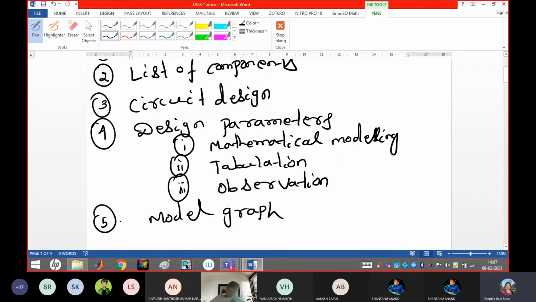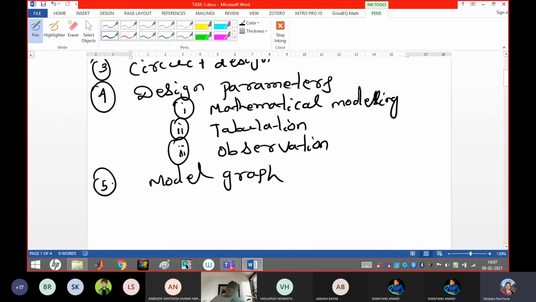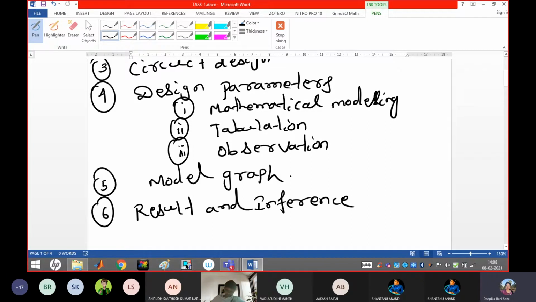Last one is inference. Model graph plus simulated graph. This model graph you have to draw by your side, okay, along with the circuit.